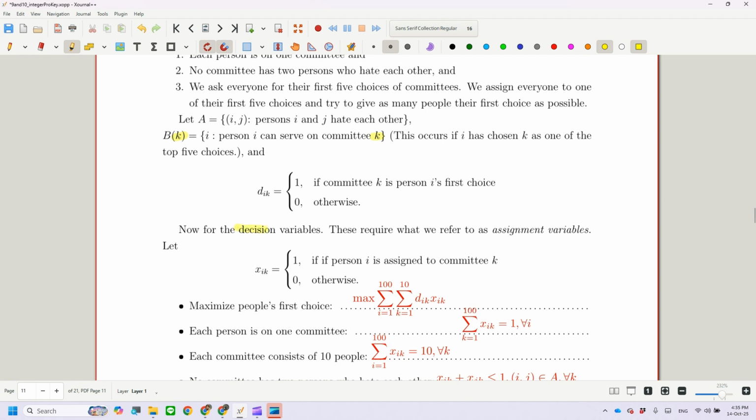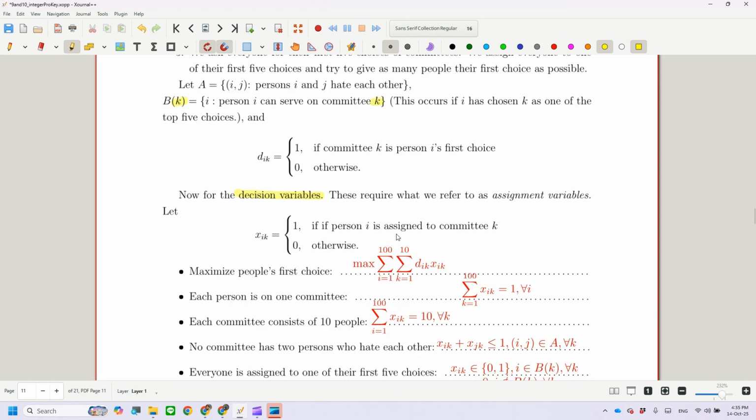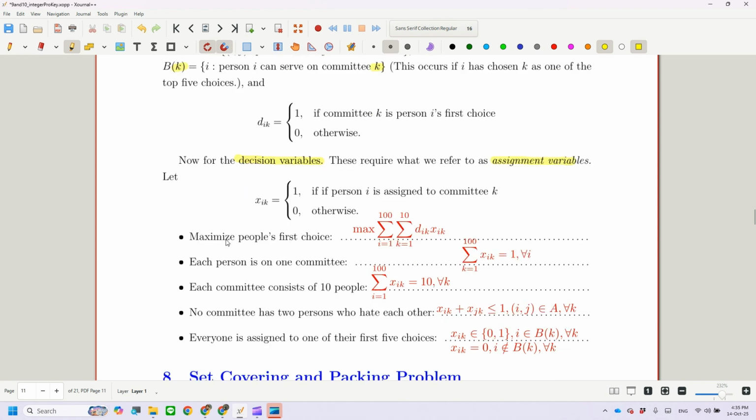Now we define decision variables. The decision variables are x_ik. Sometimes we call these assignment variables. So x_ik is 1 if person I is assigned to committee K and 0 otherwise. The objective is to maximize people's first choice. So we maximize the sum of d_ik times x_ik, where I is from person 1 to person 100, and K is committee 1 to committee 10. And each person is on one committee, so we sum over all committees for x_ik, and then